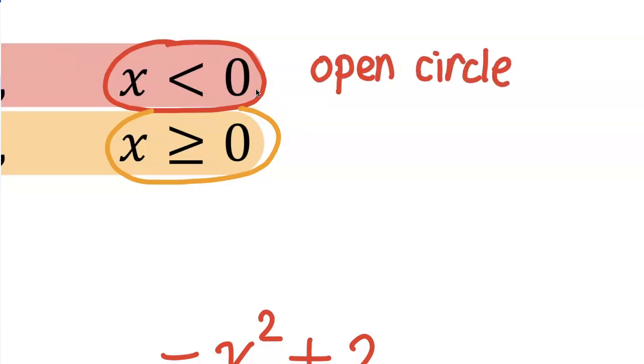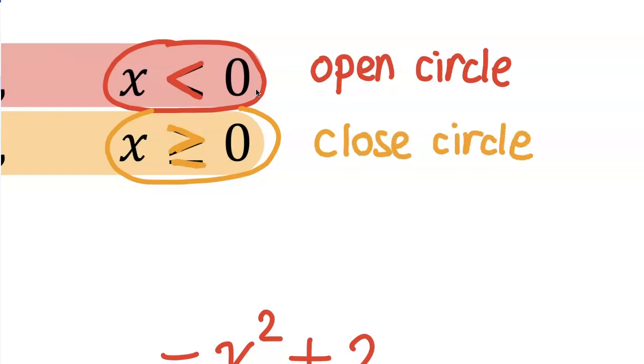Why? Because they said x has to be smaller than 0, can't be equal to 0. For the second part, x is greater than or equal to 0, we will use the closed circle. But you must plug in this boundary point 0 into both the top and the bottom piece of this